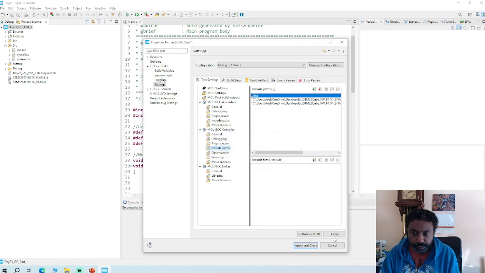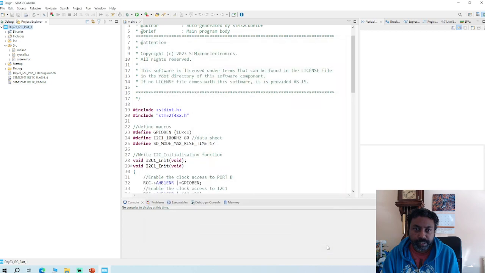So after that you have to click apply and apply close. So that means both the paths are added. The next step is to add the symbol. After you've done that, you come here and include this statement, this line #include. The header file should always be written in double quotes,